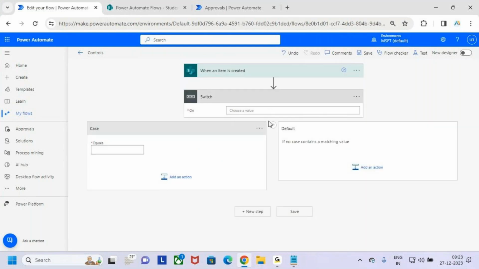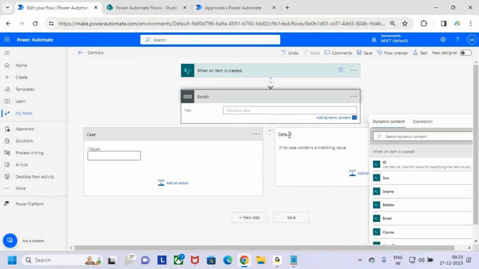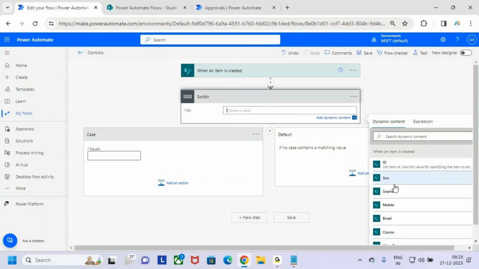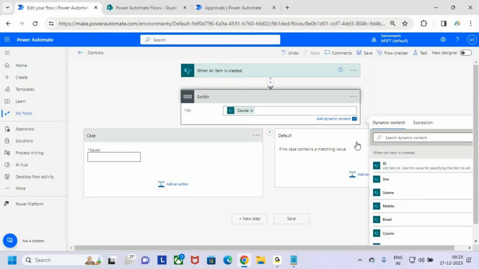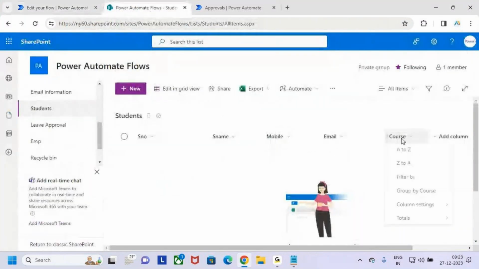Now see, here it is asking to choose a value based on what condition you want to run this switch. So let me go and select here. In the previous step, when an item is created, I want to take from that item the course. If the course is equal to whatever course I am entering into the SharePoint list,